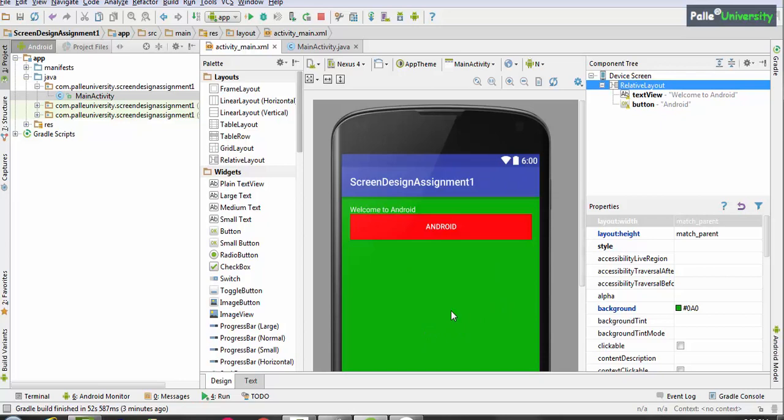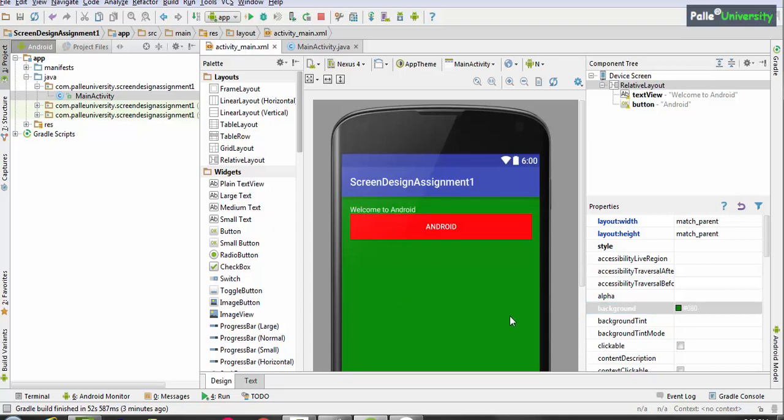Currently the background color for entire screen is hash 0A0. You can directly modify from here itself. Let us say, let me give hash 080. You can observe here. Like this, any view properties you can directly change in the design perspective as well as in the text perspective.